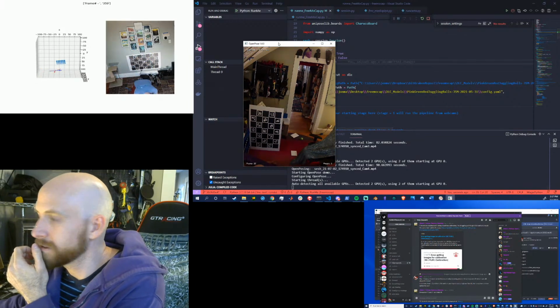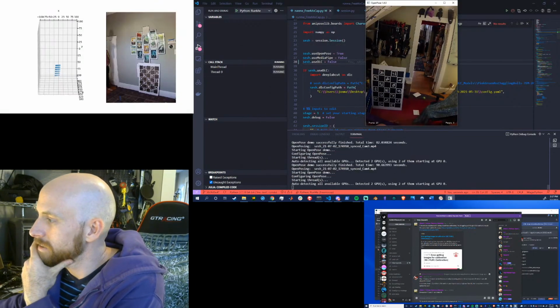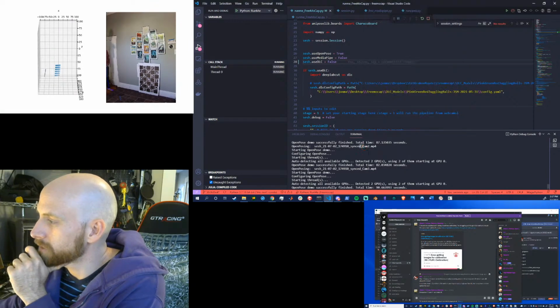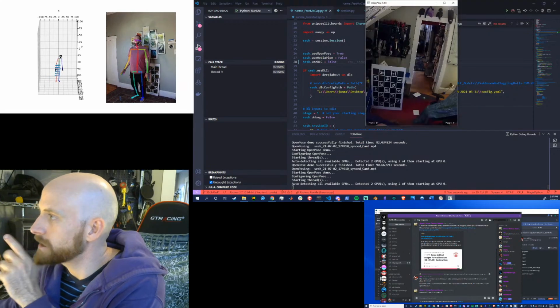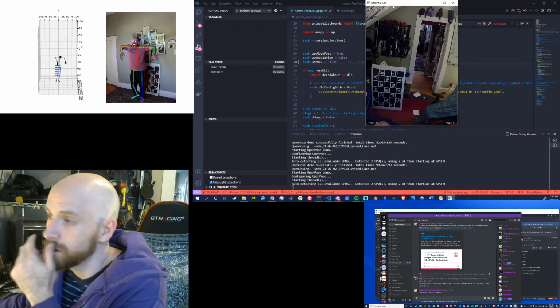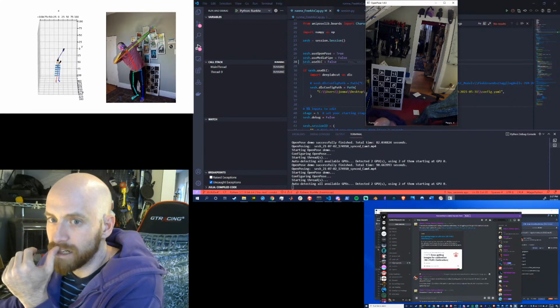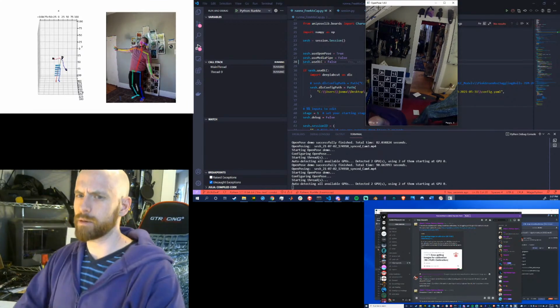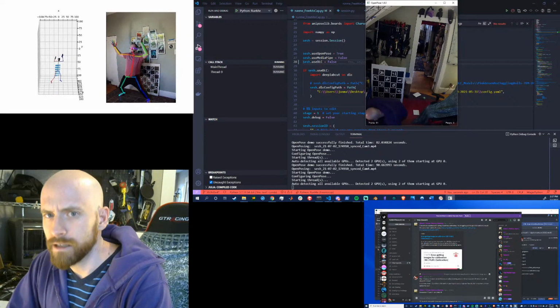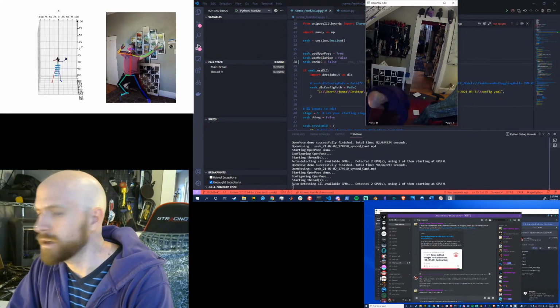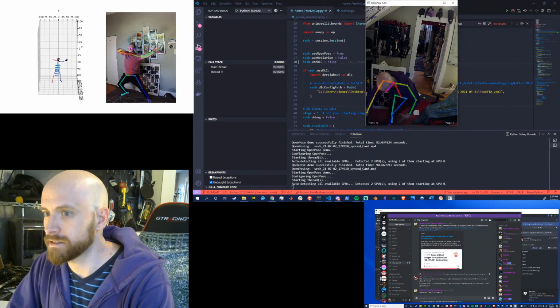Okay, and on this front, it's gone through camera 1, camera 2, camera 3, camera 4, and it is currently on the last camera. Once this part is done, it will start stitching the data together, and it should actually just pop out as a visualization. We'll see. So right now, OpenPose is a